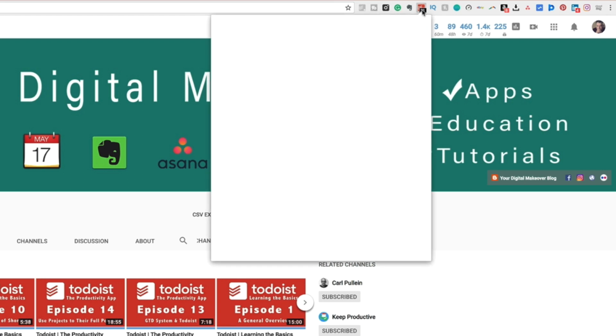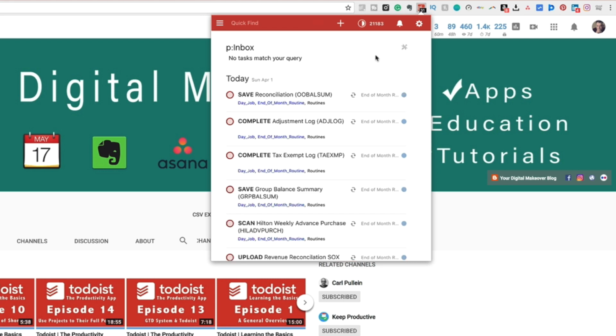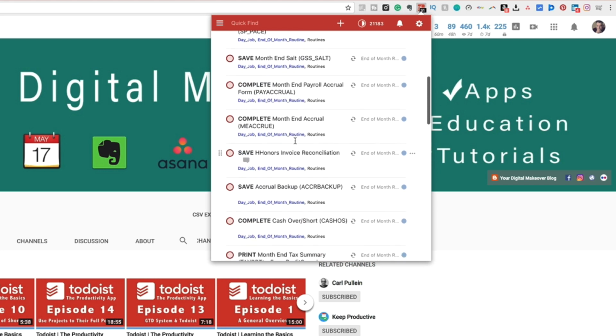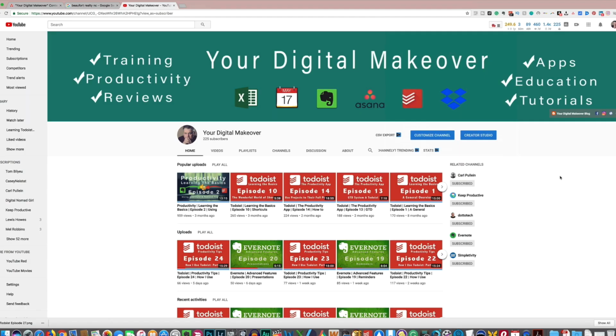Now I can click on that and it'll show me all of the tasks that I have coming up for today or what have you. As you see right now it is syncing, and now it gives me my updated task list. But what I want to show you all today is, what if you want to add something that you see on, let's say, YouTube or what have you, to your Todoist